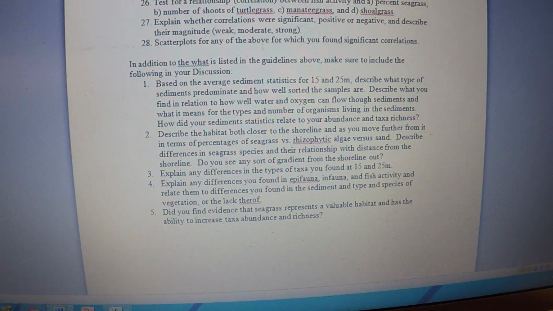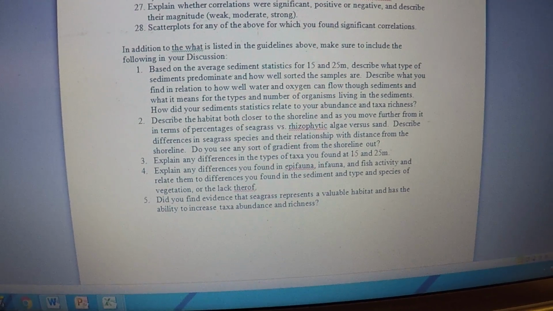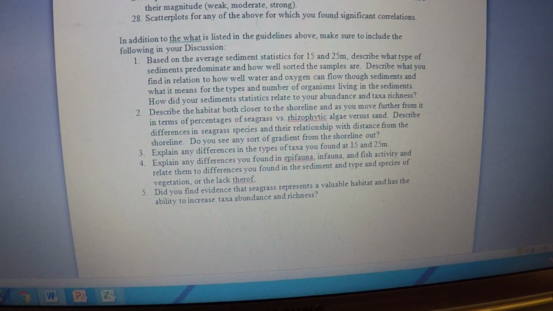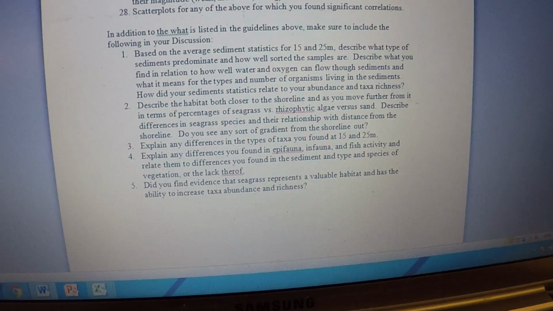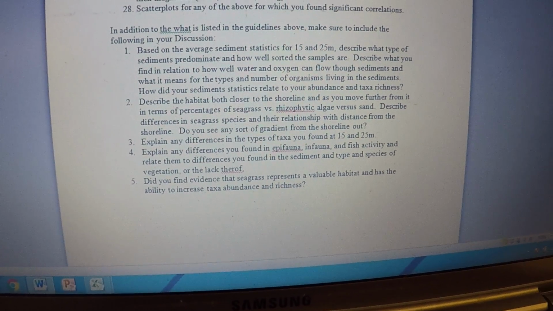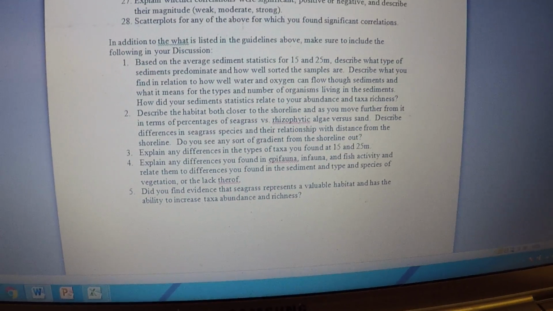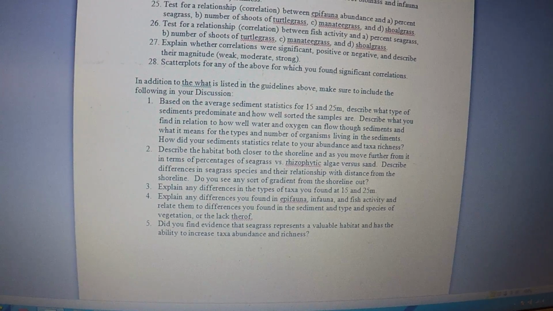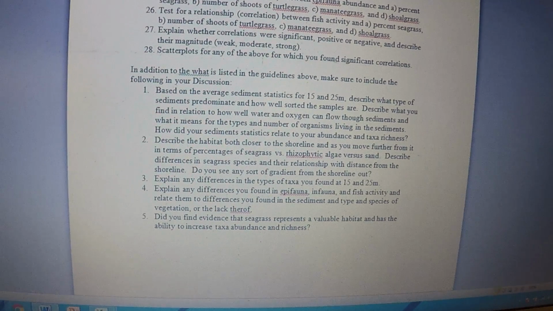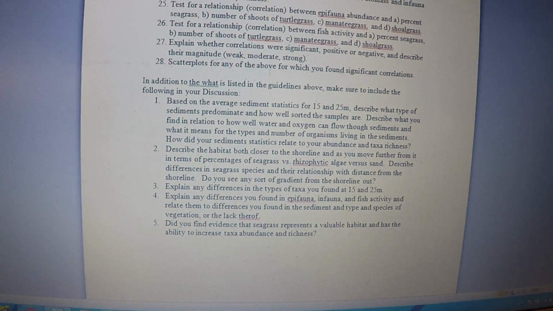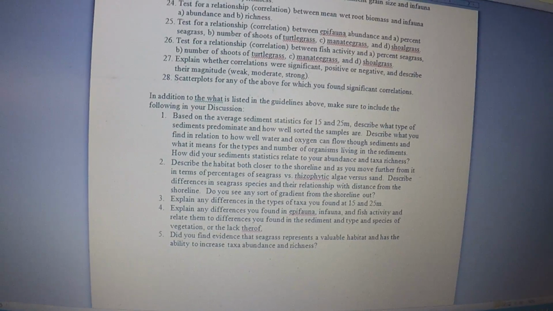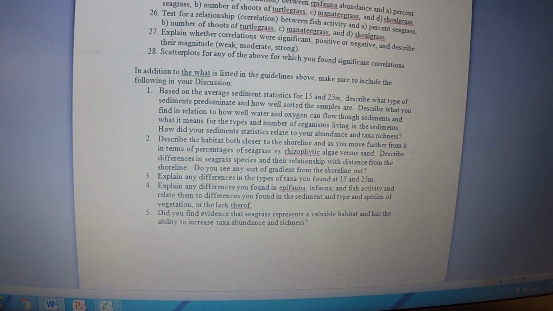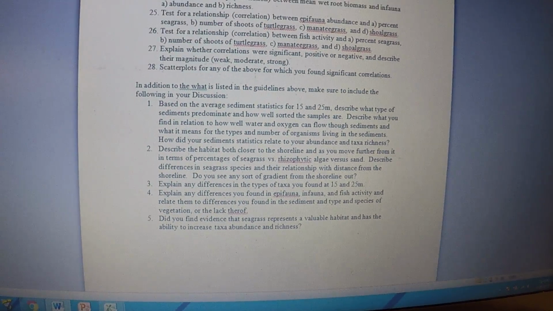But I certainly wrote some things here about trying to relate what you find with the seagrass to the infauna, and trying to relate what you find with the fish and the epifauna to the grass itself, and trying to understand whether or not the grass is important. So I think the main thing that we're trying to answer here is whether or not the seagrass is going to promote abundance and richness of animal species. Do they serve as a good habitat? Why do they serve as a good habitat? So you want to talk about these things. So now let's go ahead and